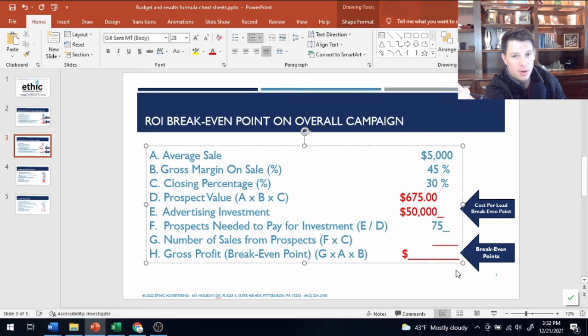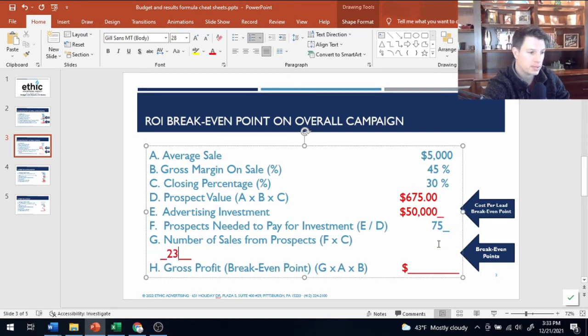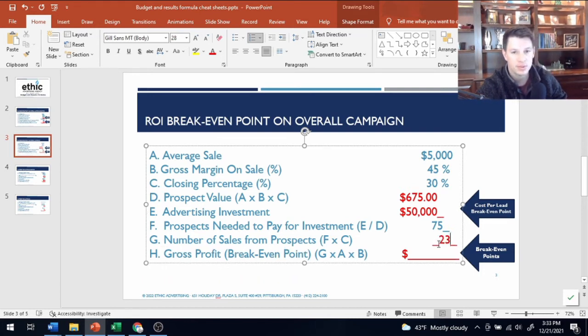So we want to figure out what the break-even points are so we can figure out the later equation and logically, can we get more than 75 prospects? And then we'll figure out this next thing, which is a closing ratio factoring off of that 75. So if I have 75 prospects and a closing ratio of 30, then that's 22.5. So let's say 23 prospects, or 23 sales as well too. So this is all telling you what your break-even point is, so you know what your baseline is. If you're going to be below that based off the campaign, don't do the campaign. If you're going to be above that, that's good.